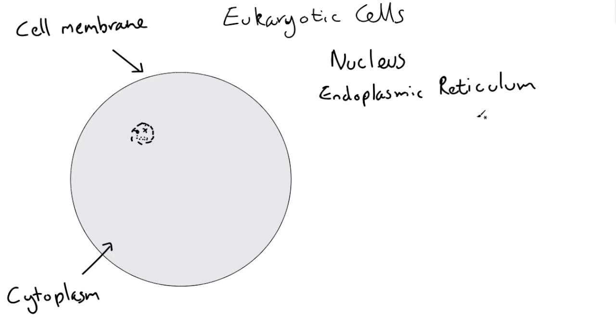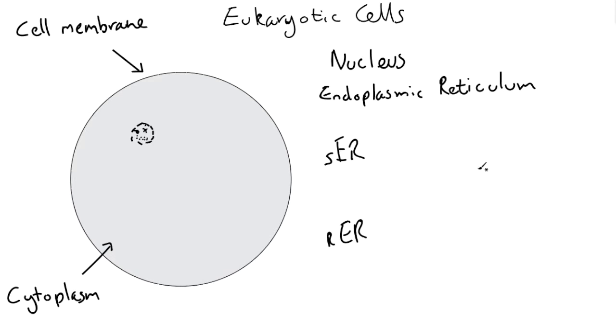Okay, and you get two types of these. You get the smooth endoplasmic reticulum, which is written as the SER, and you get the rough endoplasmic reticulum, which is written as the RER. Okay, they're both the same thing. Some books or images will just show this. Okay, both are